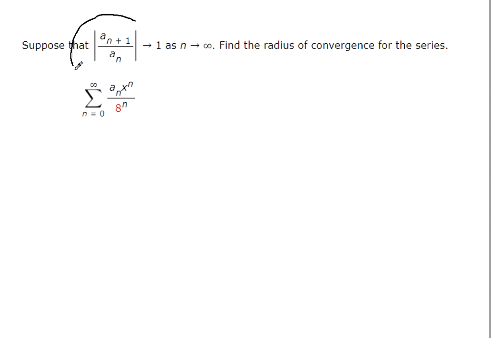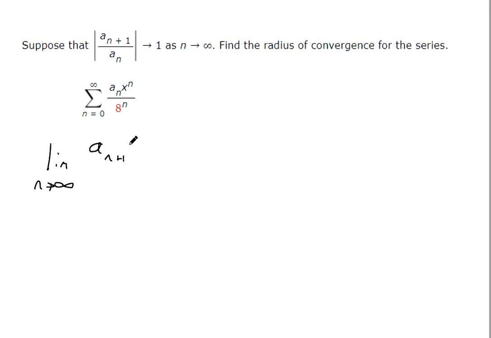So this looks familiar, this notation here, right? Looks like the ratio test. So what we can do with series when we have a variable instead of just having plain old numbers is that we can still apply the ratio or the root test. Just remember that the ratio needs to be less than 1 for it to converge. Right? So if we apply the ratio test here in symbols, that's the limit as n goes to infinity of